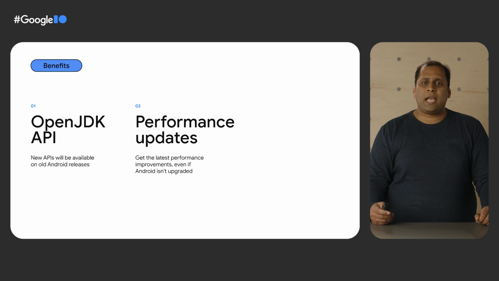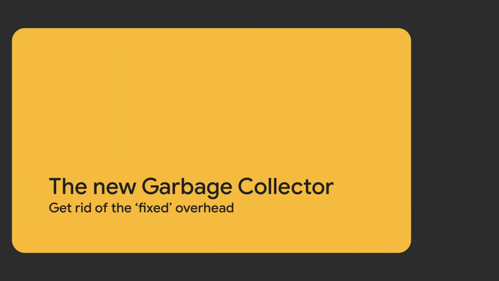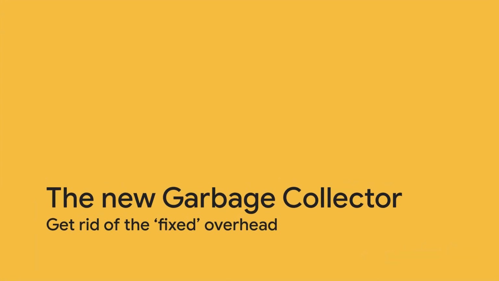In the following slides, I'm going to highlight some of the performance improvements that next ART module updates will contain. And of course, it also means that now Android devices will have longer-term support for runtime bug fixes. Just imagine, several years down the line, improvements made at that time in ART will continue to be available from Android 12 onwards, keeping your app performing well. How cool is that? Let's come back from the future to features that improve your app's performance right now, starting with the new garbage collector, which gets rid of fixed memory overhead.